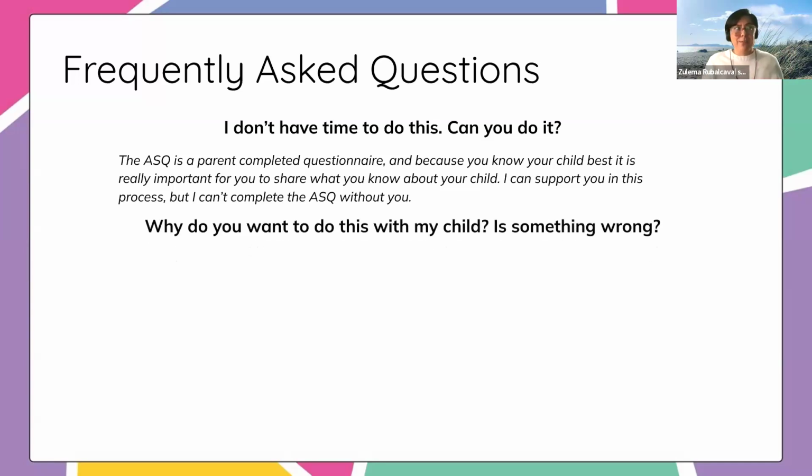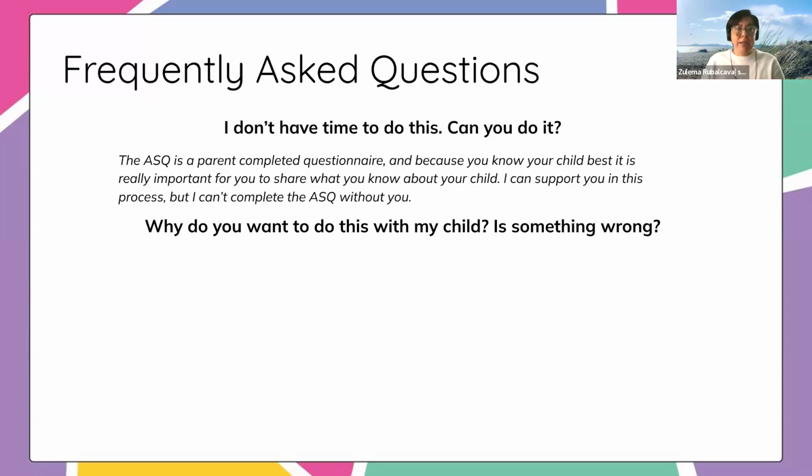This question you will get a lot if you're in a system that targets specific children, right? So if we already have select kiddos that we're keeping an eye on, and we think something's going on and I just want more information, so I'm going to give this to this family but not to other families. This is when I get this question the most: why am I getting this? And we know families talk, right? They'll be like, hey, did you get that questionnaire? And another family will be like, no, what questionnaire are you talking about? And then spidey senses start tingling. Why does my kiddo get it and not yours? Or why does his kiddo get it and not mine, right?